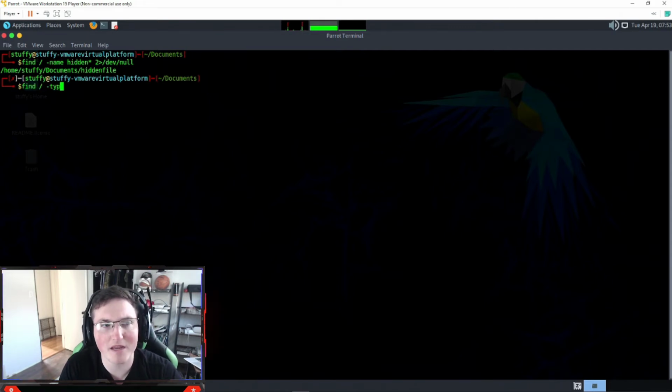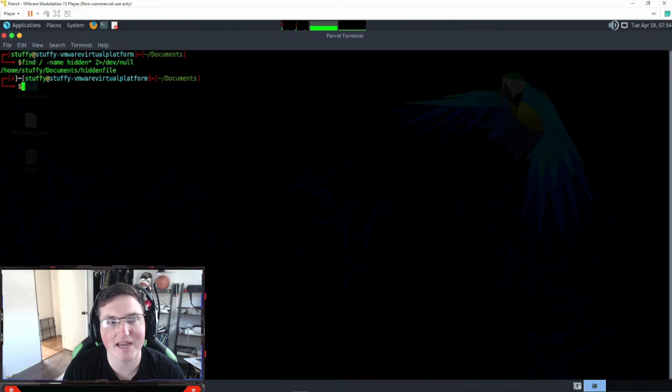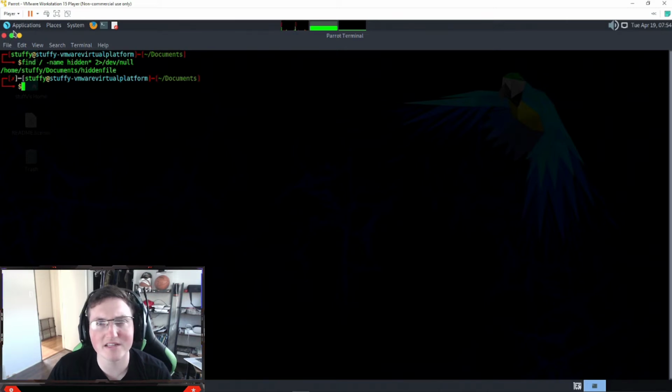So you could say type file, and that would tell it you're looking for a file, and you could specify different types of files, different types of directories, or different types of stuff. That way, if you know you're looking for an MP4 file or whatever the file is, you can look for those specific types. You can also look, because Linux, if you guys don't know, doesn't rely or depend on the